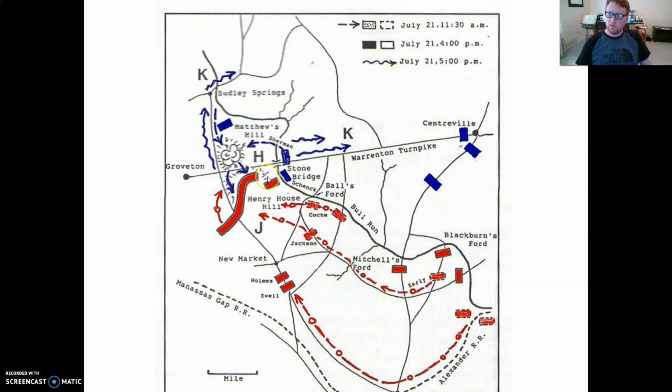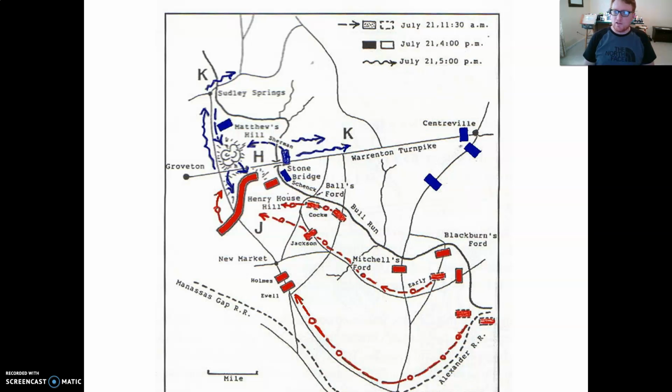This is where Stonewall Jackson stands like a stone wall. That's where he gets his name. And the Union keep attacking him time and time again. His guys won't retreat, and they're just pouring fire into the Union. And then finally Jackson realizes the time is right, and he tells his men to fix bayonets, which means lock the blades onto the end of their guns, and charge down the hill. He tells them to yell like furies, which is like a demon sort of thing. So he tells them to yell like demons, and that's kind of the birth of the rebel yell,